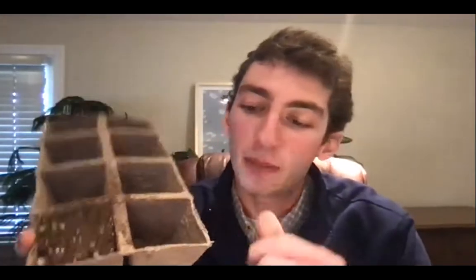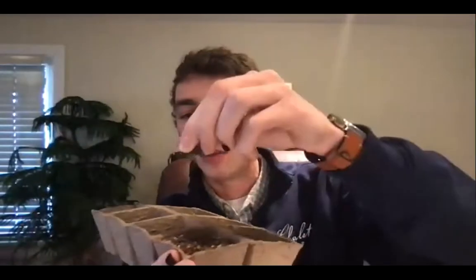So the soil here is the soil that I showed previously in the bag. It's very dry. It's pretty brittle. So what I did for this is I soaked the seed starter overnight in water for a few days. I put it in a nice little container here and just soaked it with water. I didn't really use a specific ratio. I just filled this and then added about a cup or 2 of water and let that